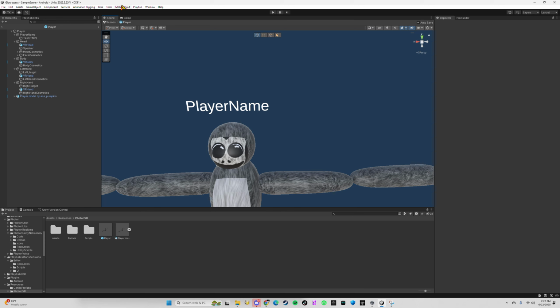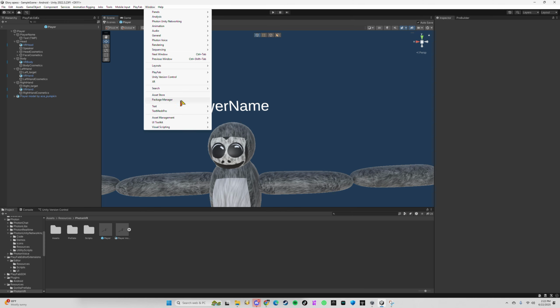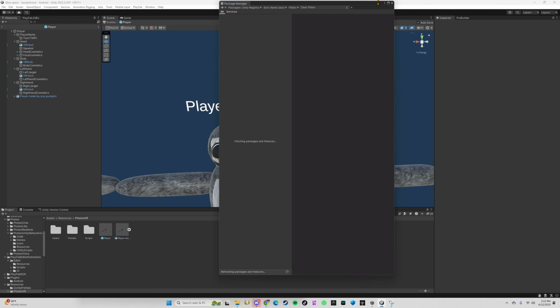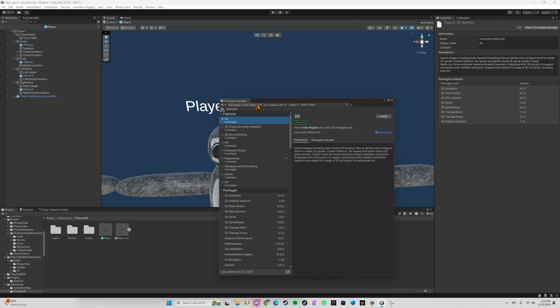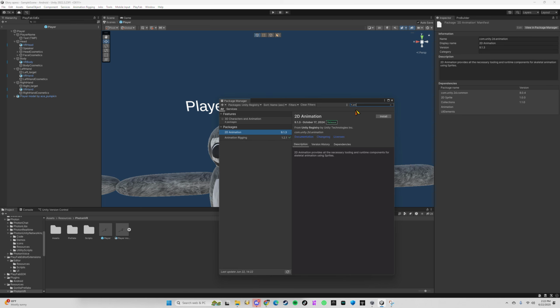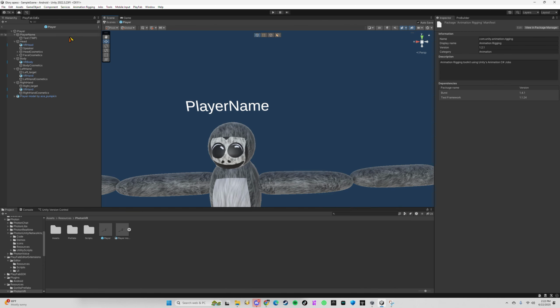make sure, go to Window, and go to Package Manager. I'm scaling mine down. Go to Unity Registry, click this, okay, and search up ANI, and then you'll see this. You want to click install, or whatever it says there. You don't gotta do any of that stuff. Okay, now that you've done that,